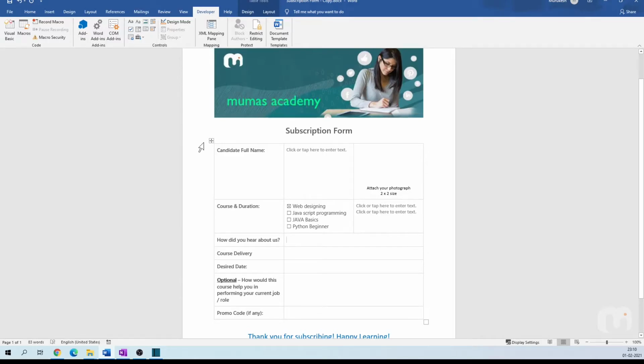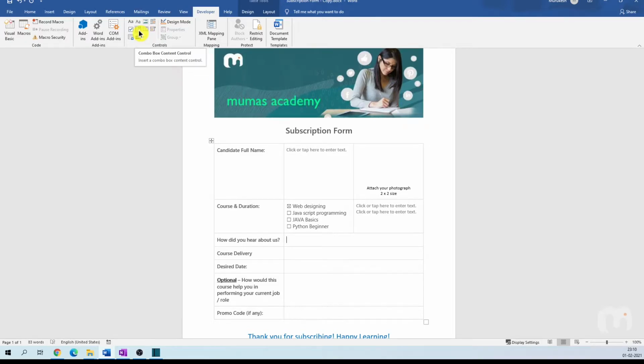For the next item on my order form, I want customers to indicate how they have heard about us. This will help us as we are deciding where we want to spend our marketing budget. For this, I want it to be a drop down, but I also want to give the customers the flexibility to insert an option if, let's say, we did not have it on our drop down list.